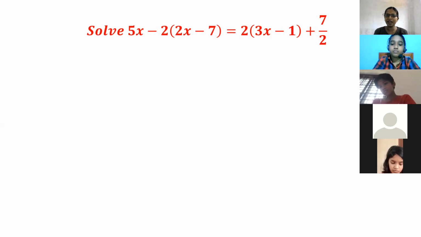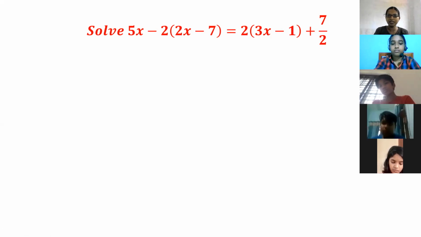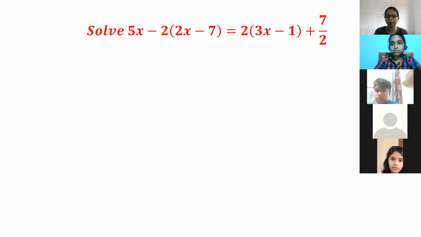As we had done earlier, can you find any LCM or can you multiply it? No, because here, can you see my screen clearly? Okay, then in this question, we have a fraction only in the RHS, is it? There is no fraction or rational number in the LHS, yes?